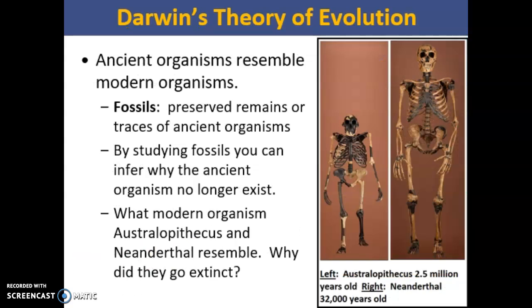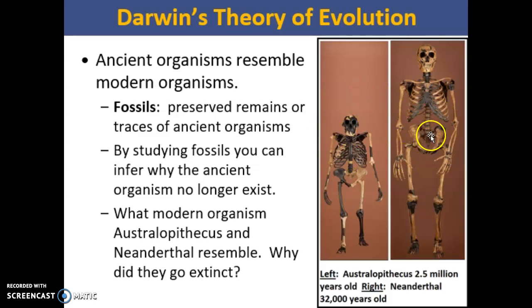Darwin's last observation was that ancient organisms that were discovered, like through fossils, always seem to resemble modern organisms that are currently living today. Right? So a fossil is defined as the preserved remains or traces of ancient organisms. And by studying fossils, we can figure out or infer what organisms kind of looked like in the past. So here we have